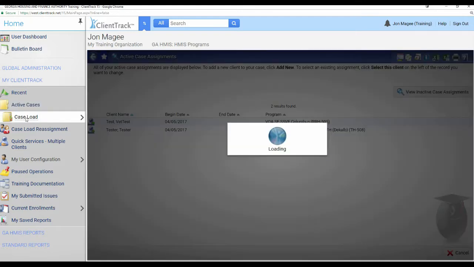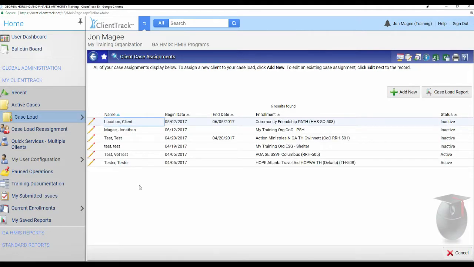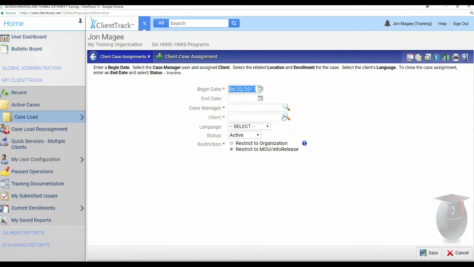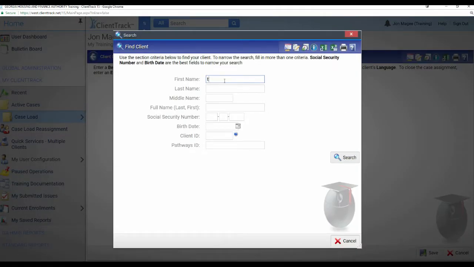If you click on Caseload, you can see all of the particular clients that have been on your caseload, whether they are inactive or active. So you always see everybody listed here. And this is also the screen that would allow you to add a new client to your caseload. Now this is not going to enroll a client into a program or create a client record. All it's going to do is allow you to search for a particular client